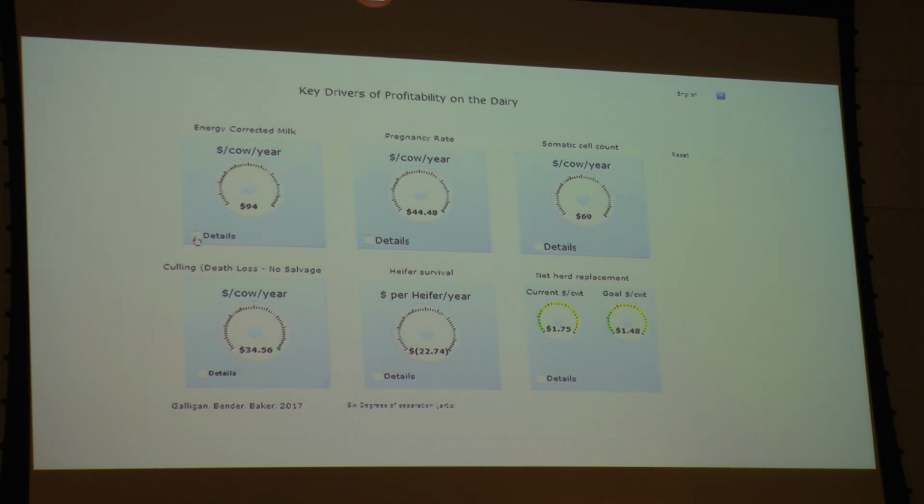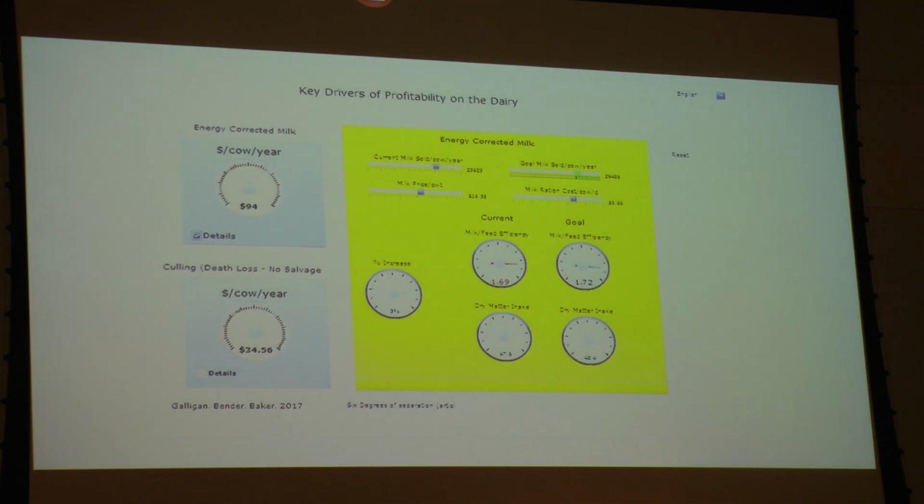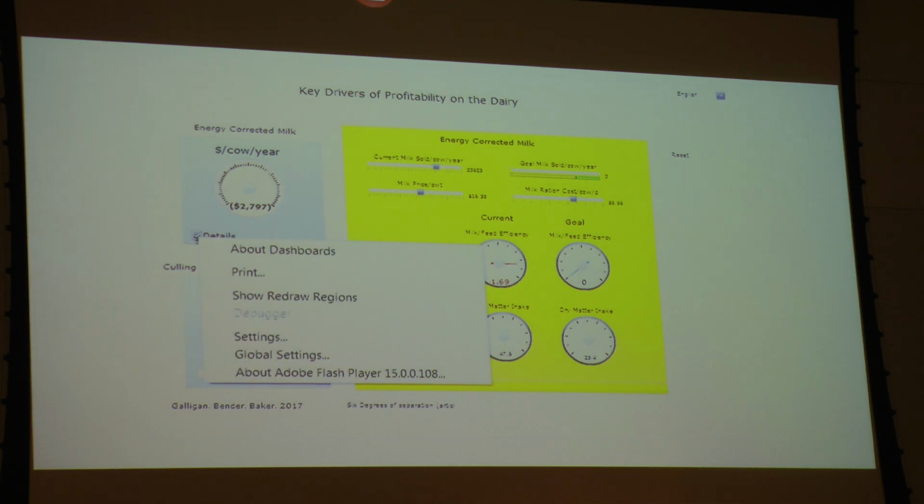So if I click on details, I can change what my current milk is versus what my goal might be and see what that impact is on profit per cow per year. Okay, and down here you can see what it looks at in terms of feed efficiency and all the other things that are driven by that parameter. Or we might select a